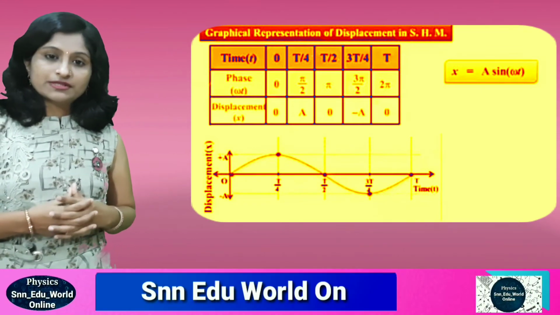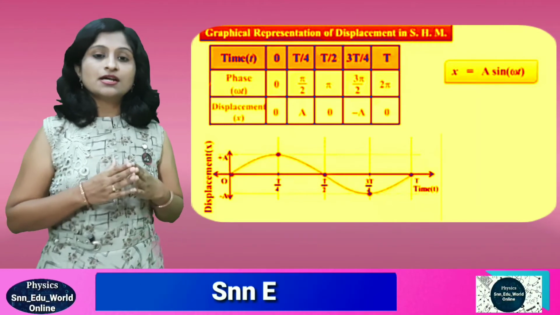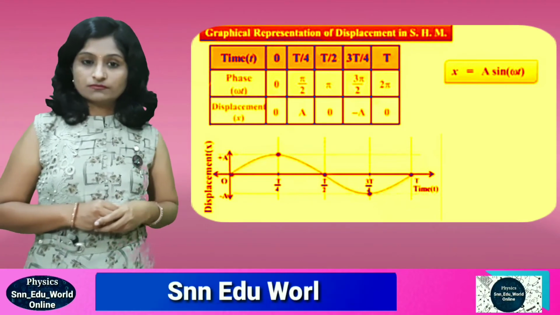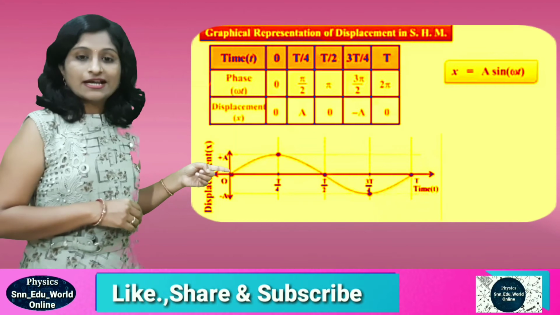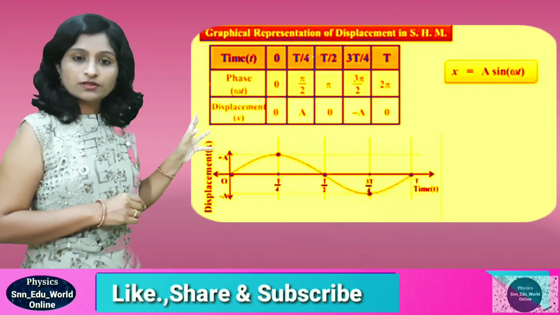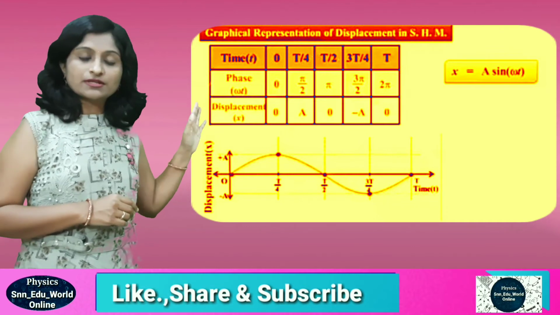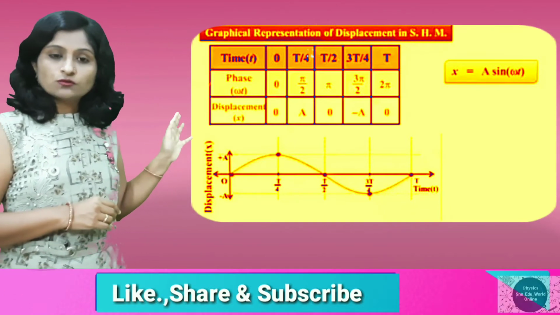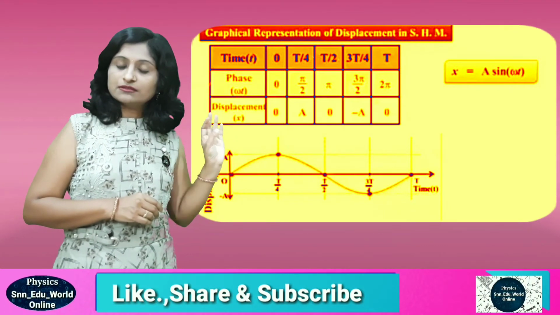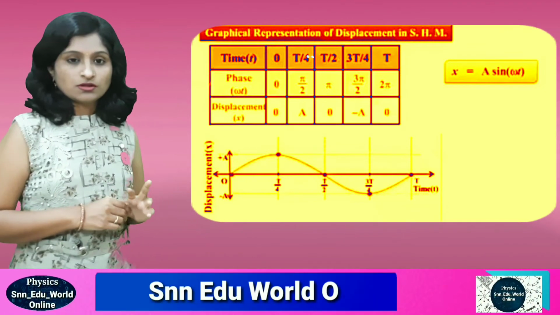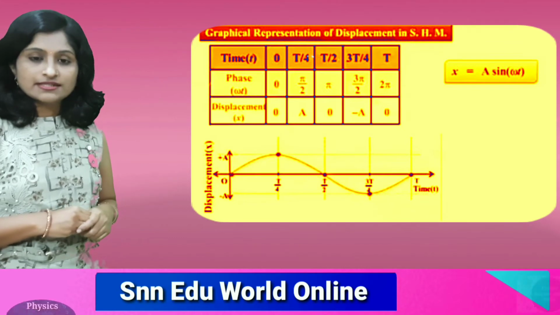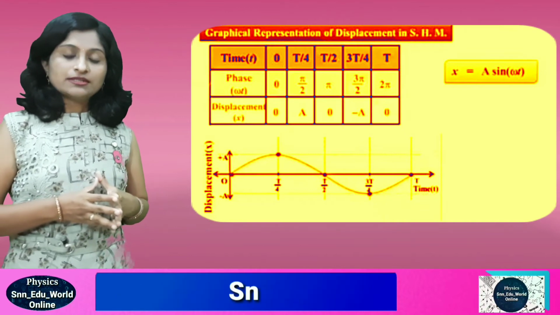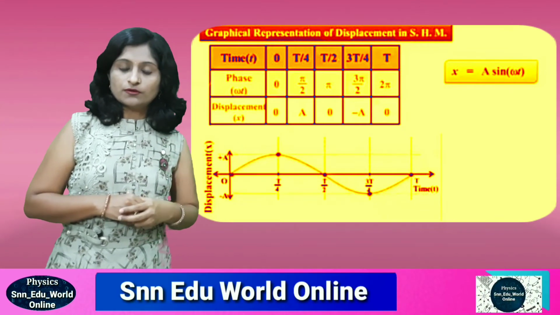So graphically, when we represent the simple harmonic motion, it is nothing but the graph of the time t with respect to the amplitude. Okay. So here as shown, the maximum amplitude covered by this particle during this motion according to the table is plus a and the minimum is minus a. Okay, so three values only we get from the table for displacement: plus a, minus a, and 0. So we represent that here on the y-axis, and along the x-axis we have taken the time t. So the values of time t that we have taken in the table, only those we plot here.